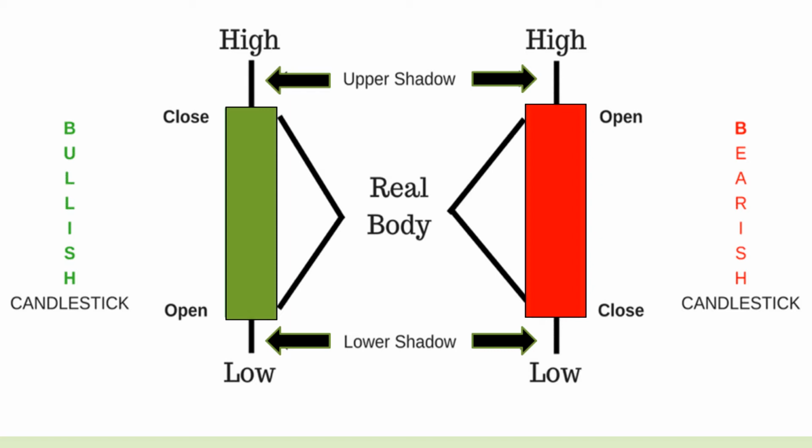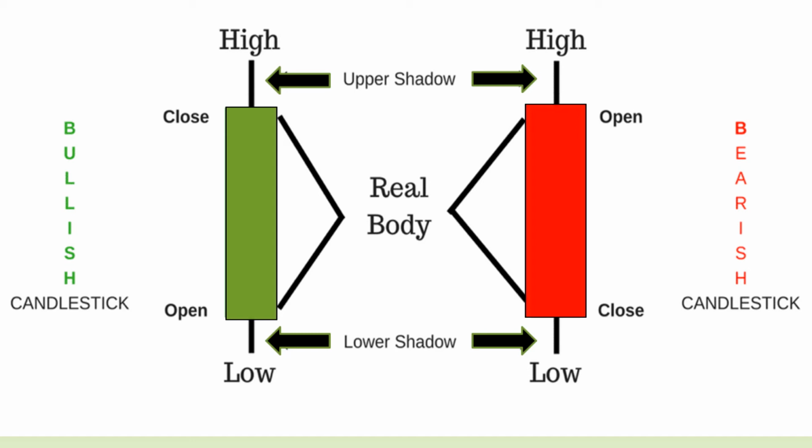The upper wick represents the highest value it has made at a particular time frame, and the lower wick represents the lowest value it has made at a particular time frame. The difference here is the lower part of the red color represents the closing price it has made at a particular time frame, and the upper part of the red color represents the opening price. We can see the difference here: in green, closing will be higher than the open, in red, closing will be lower than the open. This is the main difference.